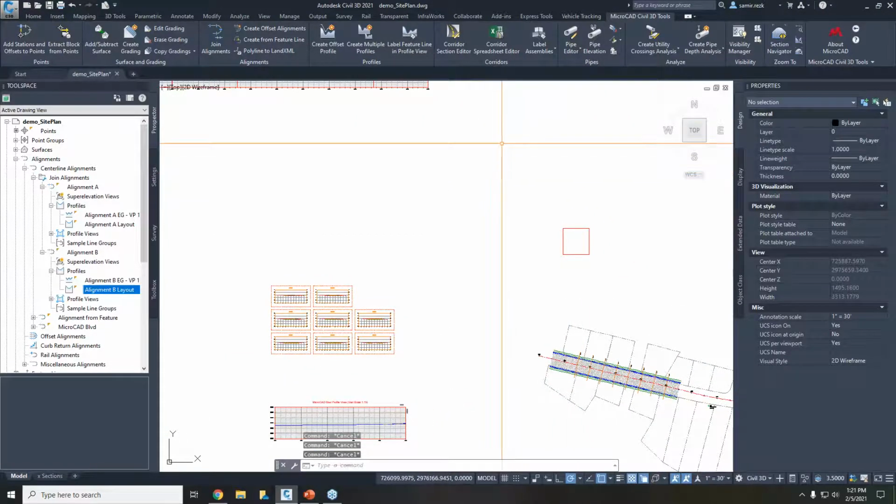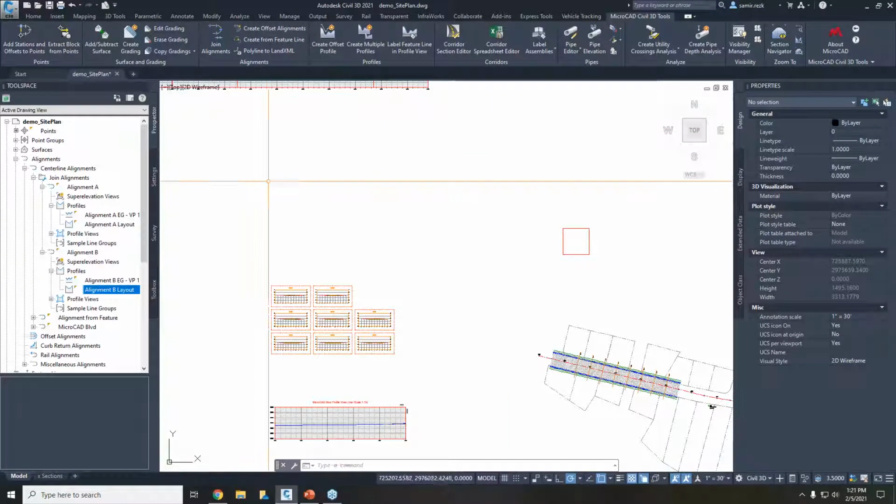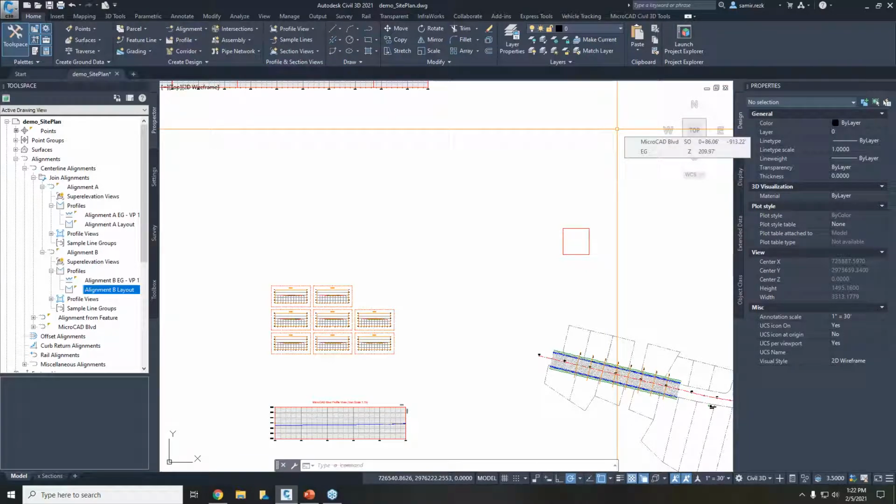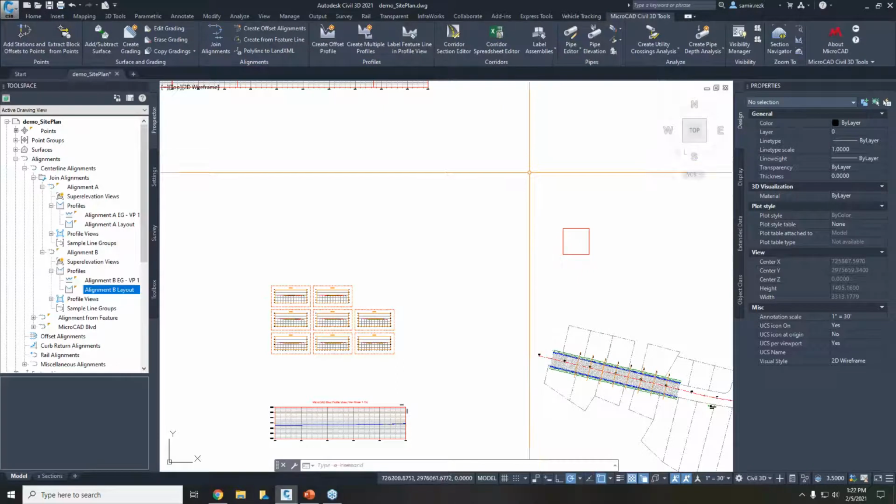One of the tools that improves the performance of the application is the grading tool. So Civil 3D by nature has the grading pipe projection tools available to us, and they are pretty good. They're very powerful. The performance seems to be on the downside when I have a lot of grading objects in the drawing. A lot of people have been pointing out the performance of the drawing goes a little bit slow, and the reason is there is a lot of math behind the scenes when we are projecting feature lines,